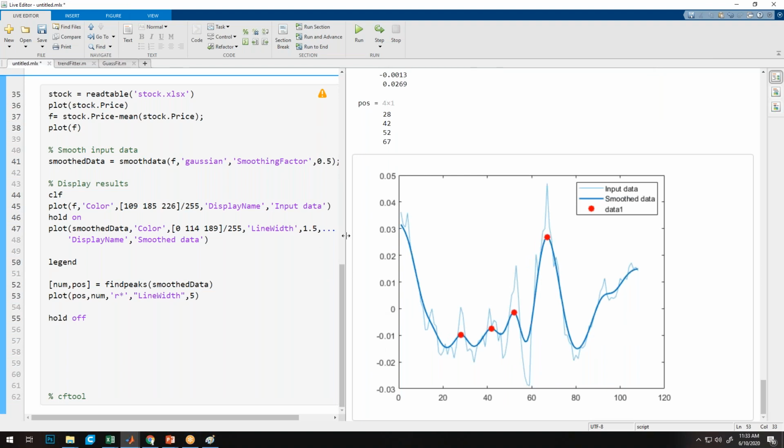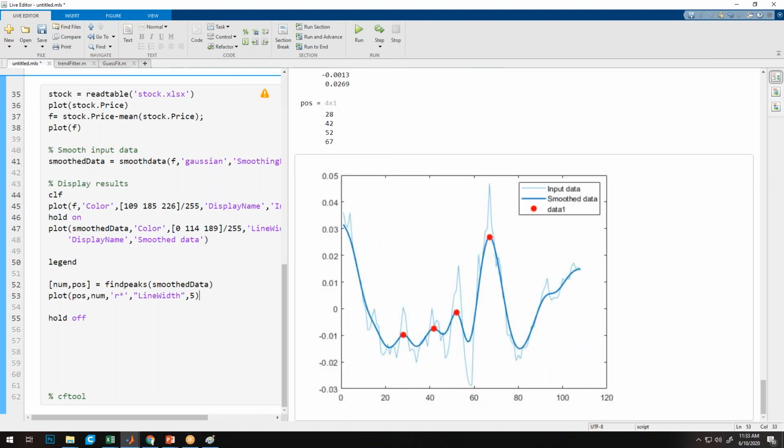Here you can see we have some points, the peaks where it found the maxima, all the local maxima in this graph. We are able to find 4. This way, we can use the same technique on the sensor, like I said, the heartbeat sensor or IR temperature sensor where we are checking the pulse. We can count how many local maxima there are, and that will be equivalent to the pulse rate of that person, by dividing by 60 seconds of the time. That way we can find out.